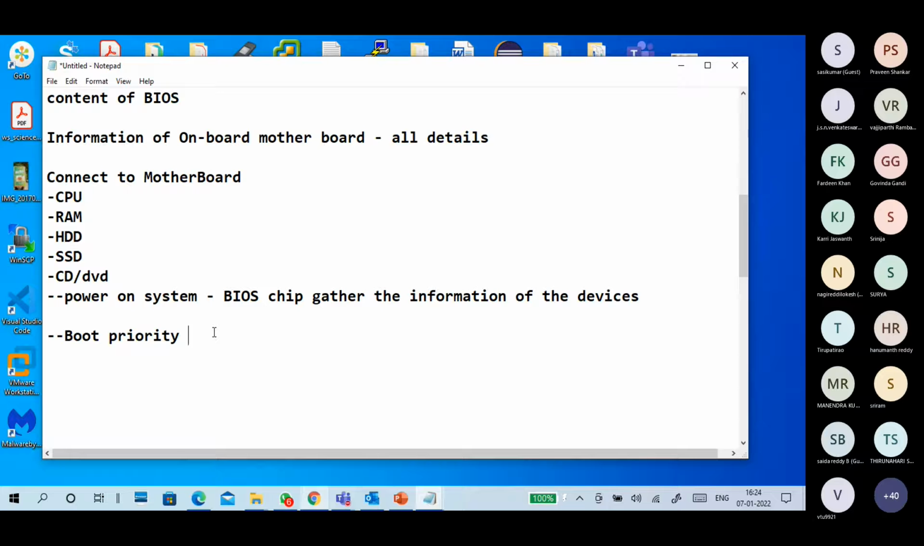Correct only. So boot priority, or we can also call it the boot menu list, will be there. What is this boot priority or boot menu list? When I power on the system, from where... So when the system is powered on,